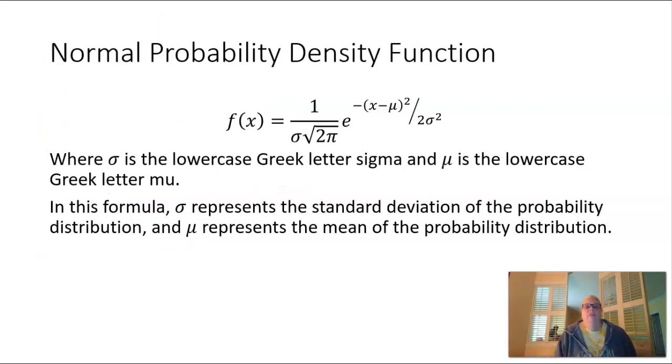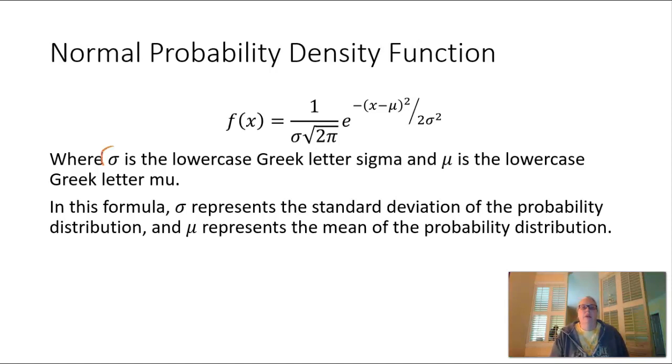The last thing we have to look at is this normal probability density function, and there it is. It's kind of scary looking. You have f of x is equal to 1 divided by sigma times the square root of 2 pi, and all that's being multiplied by e, and that is an exponent over there, y'all, to the exponent negative x minus mu squared divided by 2 sigma squared. And the sigma, lowercase Greek letter,